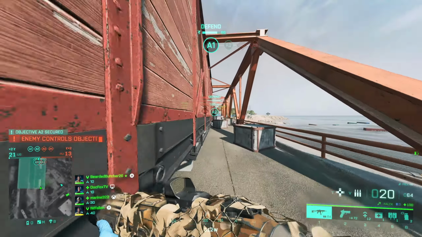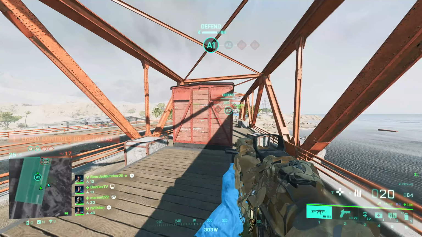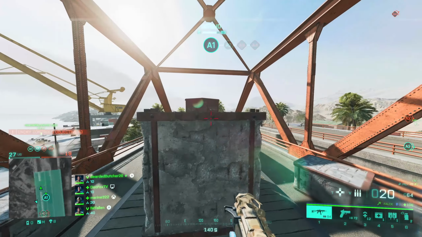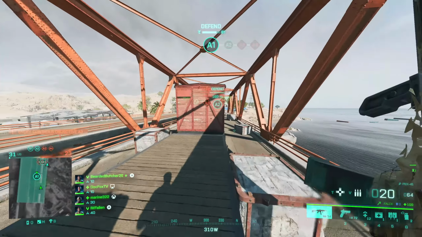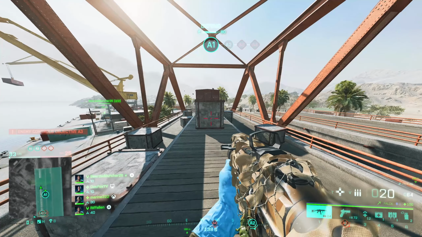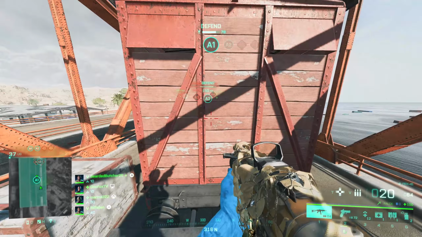But anyway, let's talk about Battlefield 6. The first thing I want to talk about is the movement. One thing a lot of people might have noticed is that there's only this and this. There's no tactical sprint in Battlefield 6. I do have a couple gripes with the movement, and that's mainly because the